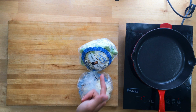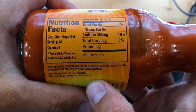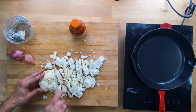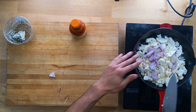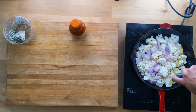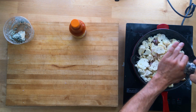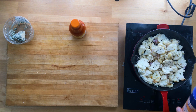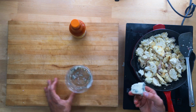Cauliflower gratin is one. It's so tasty, and all you need is blue cheese and cauliflower. I'm gonna add some hot sauce. So pretty much I turn this cauliflower gratin into buffalo cauliflower. I'm gonna add some shallots in there. Once everything browns and cooks a little bit, you add the blue cheese in, I add the hot sauce, and